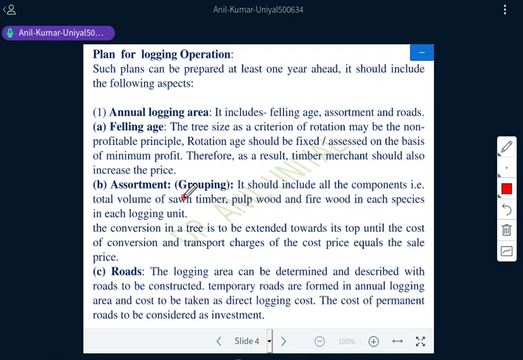The felling age is defined as follows: the tree size as a criterion of rotation may sometimes be non-profitable, but rotation age should be fixed or assessed on the basis of minimum profit. Therefore, as a result, timber merchants should also increase the price. It is a well-known fact that rotational